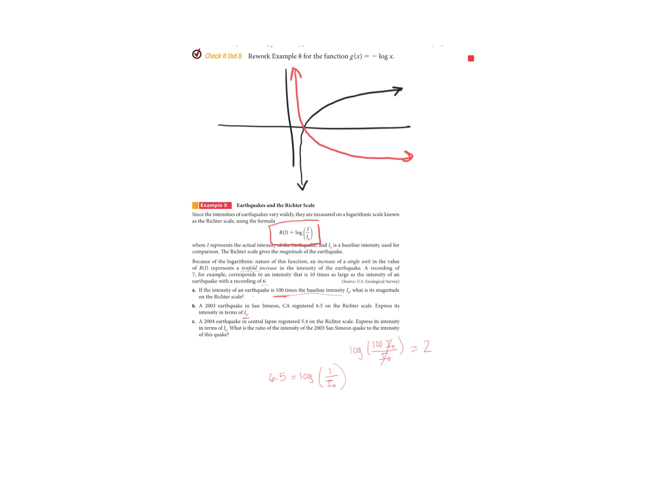So we want to figure out what this would be in terms of I naught. So this is saying 10 raised to 6.5 is equal to I over I naught, right? So in terms of that intensity, 10 raised to the 6.5